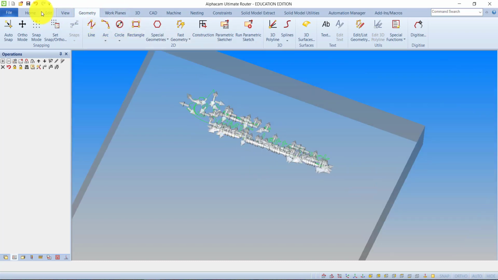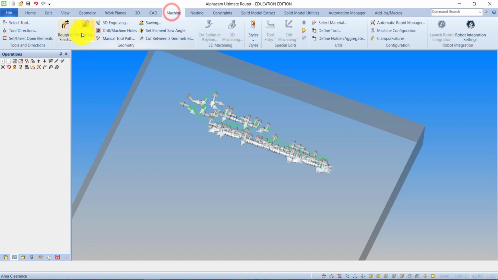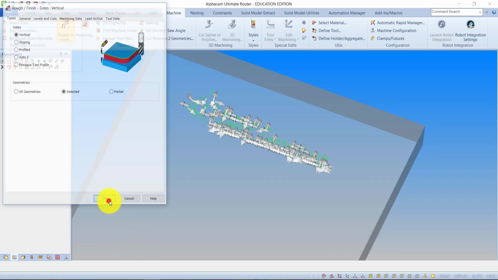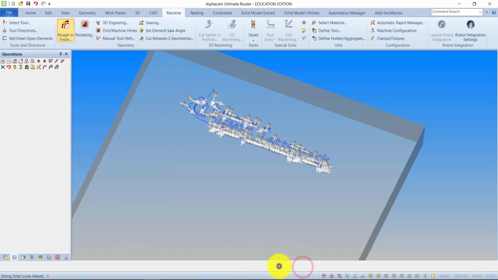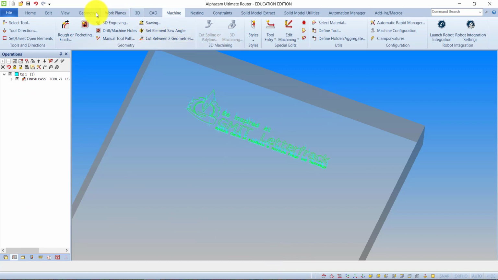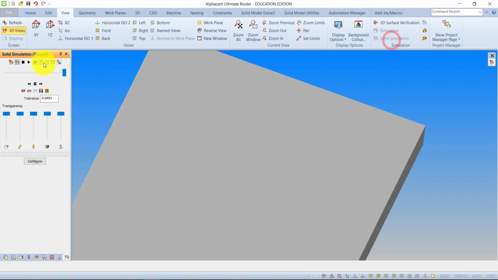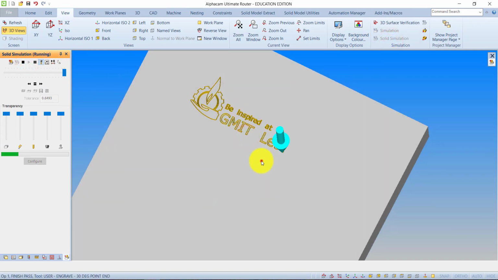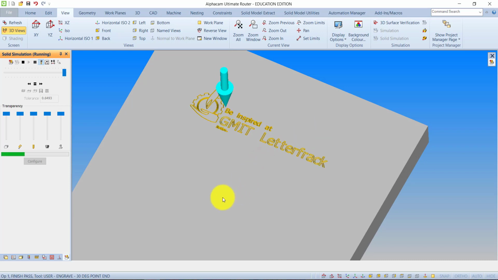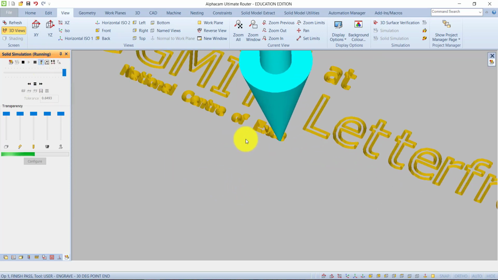So now if I go to Machine, Rougher Finish, everything should be the same. Press OK. All and finish. Control G will turn off my ghost tools, and if I run the simulation, it should machine it all out for us. And there we have it. Okay, so there's a lot of machining in it there. In fact,